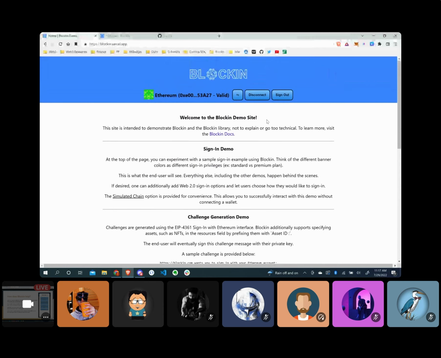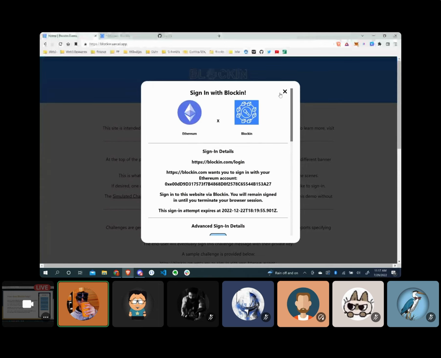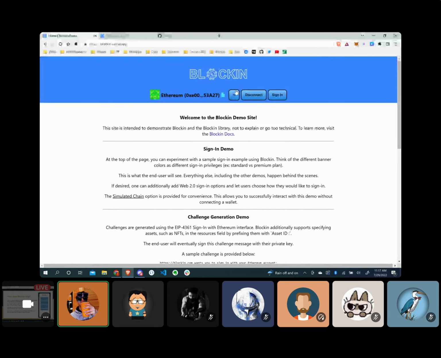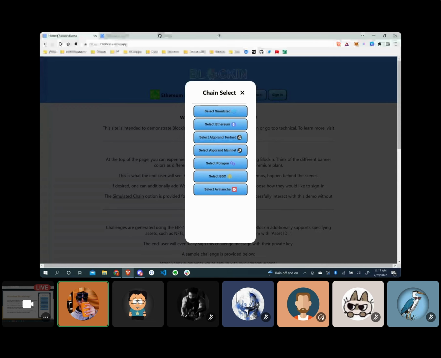So that's a little demo of how Blockin works from the end user perspective, and it's pretty much the exact same thing as signing a transaction, but instead you're signing a message and then getting access. The last thing I want to show with this demo is that if you switch chains, for example,